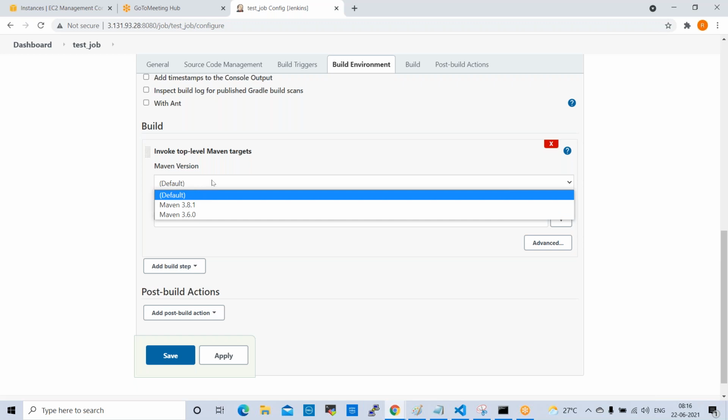So why do we require multiple versions? In Jenkins we normally use multiple Maven versions. Why do we require this? Because for example, let us take the GE project, General Electric. In the GE project, GE has multiple departments: GE sales, GE marketing, GE HR, GE finance. So many departments, many portfolios. Each portfolio, for example GE sales, is there.